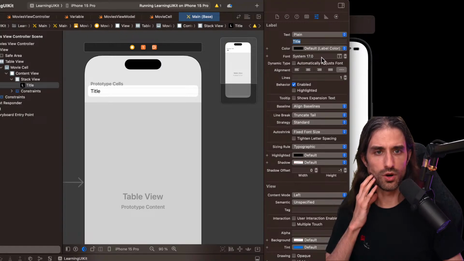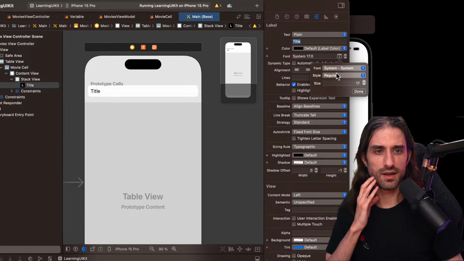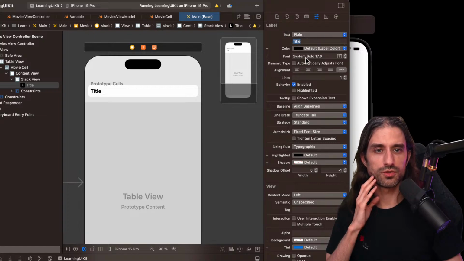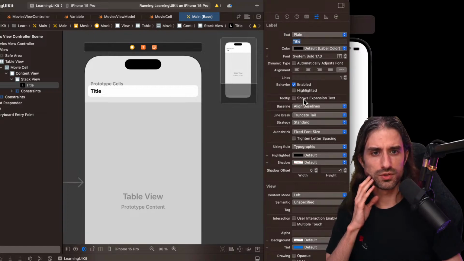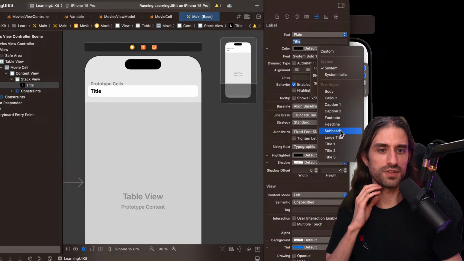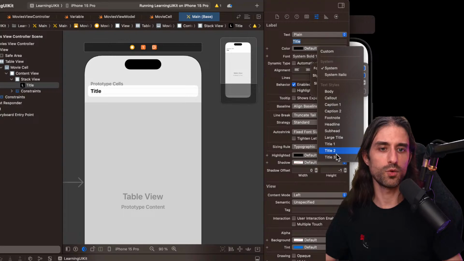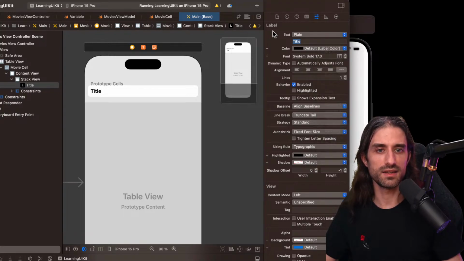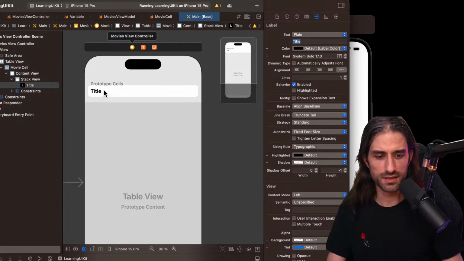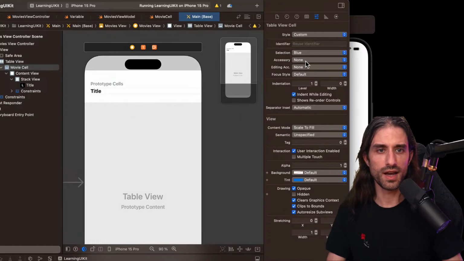So this is similar to how we would do it in SwiftUI. I'm going to set the bold system font, but you can choose also. I think there is a way to choose. Maybe you can do it programmatically, but to choose which type. Yes, you can choose here the text style. So if you want to put like title 1, title 2, headline, this kind of thing. So here I have it, and the font height is correct.